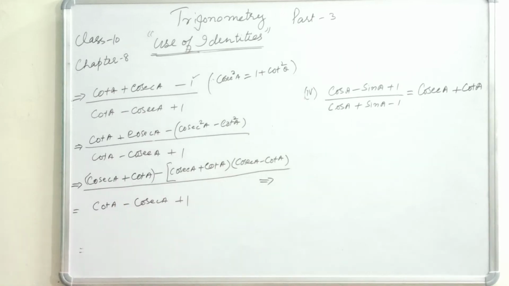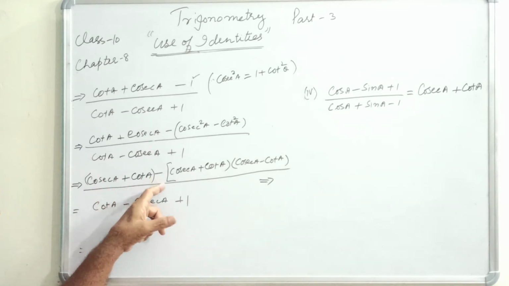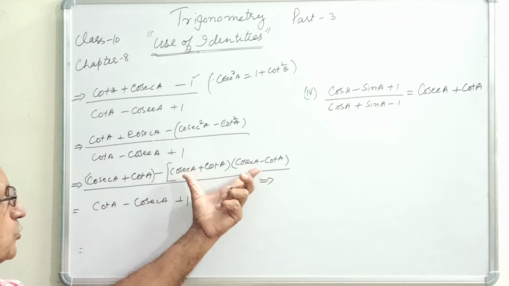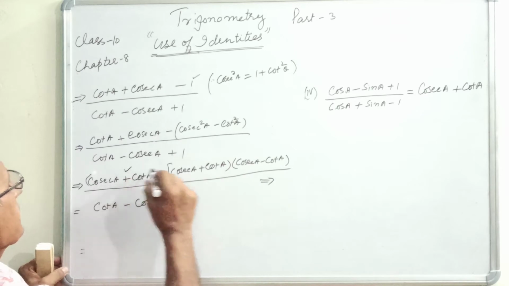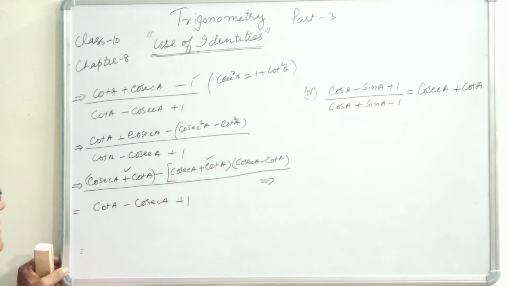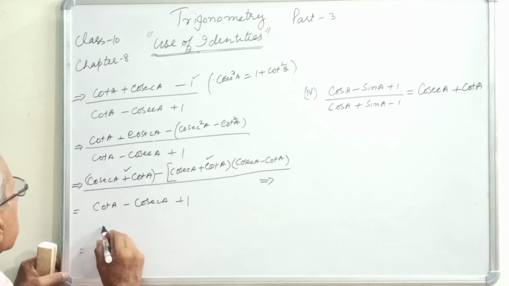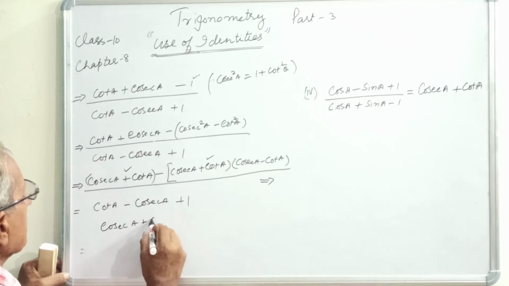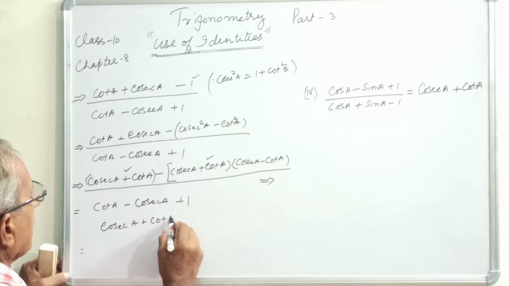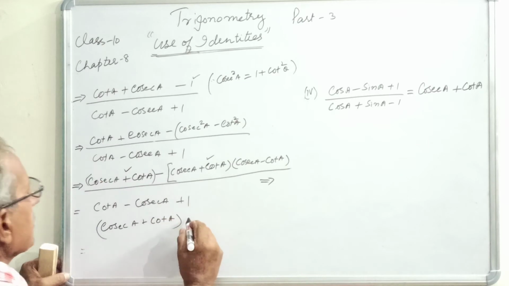Just see these two terms, cosecant A plus cotangent A. There are 2 terms in the bracket. Similar factor is this. This is a common factor for both the brackets, cosecant A plus cotangent A. This is a common factor. So here comes 1